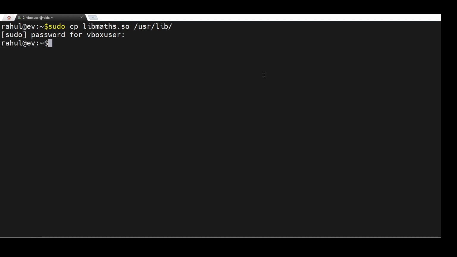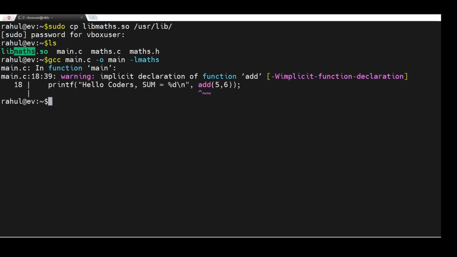Okay, so this is a standard path where GCC will look for any library. I have put my library over there, and now I will do gcc main.c -o main, and I'll need to link the library, that is libmath.so, that is present in /usr/lib. For that, I just have to take this name, and now if I enter,